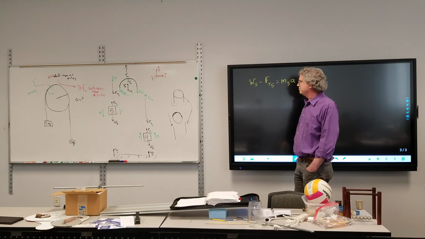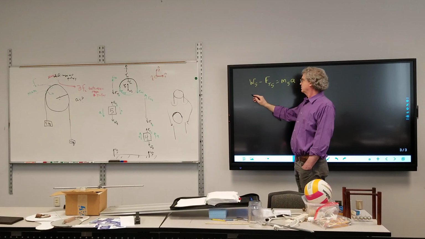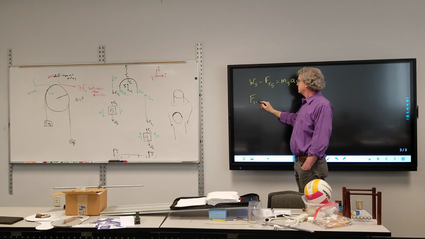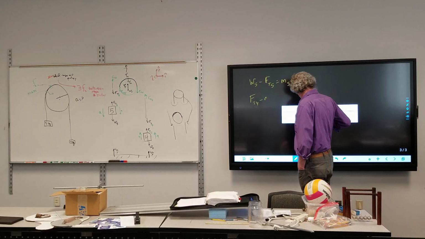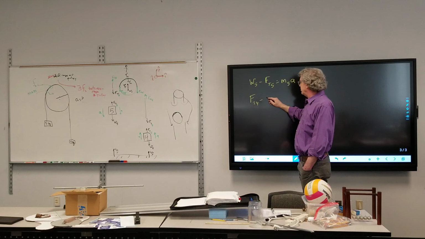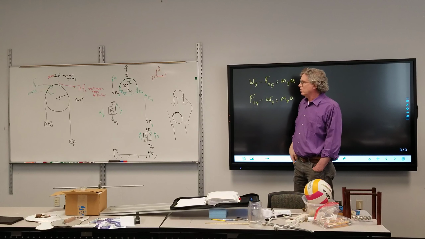All right. What about for the 4 kilogram mass? FT4 minus weight 4 is equal to M4A. Minus weight 4 equals 4A. All right, and now for the rotating